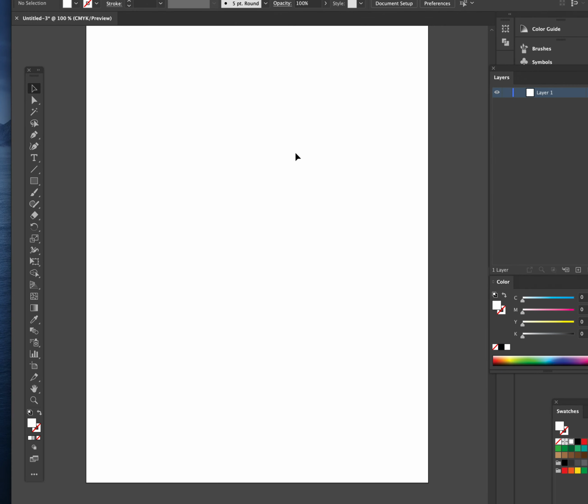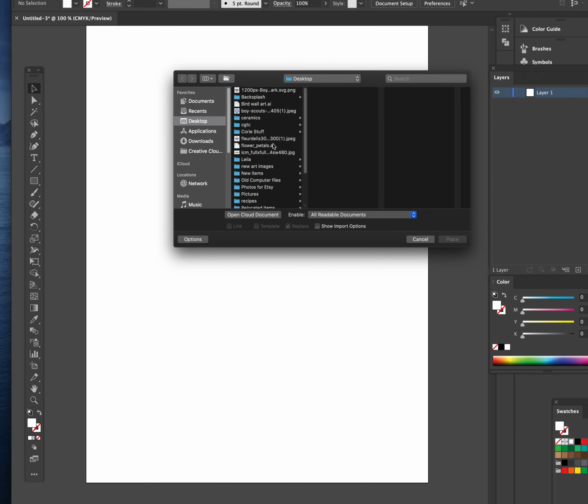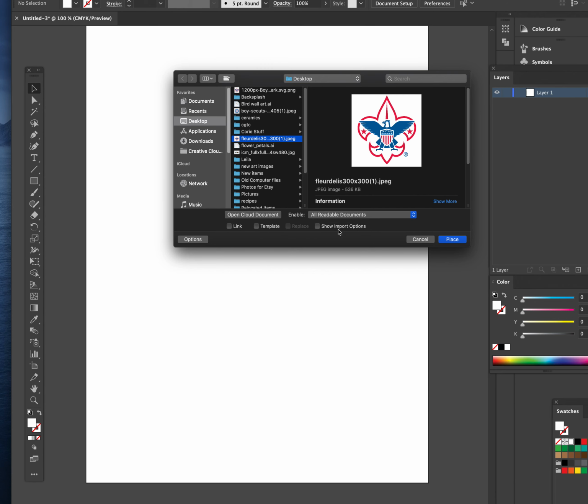I've got Illustrator open. I am going to be placing the graphic into Illustrator and giving you some do's and don'ts as you go through. All right, I'm going up to my file menu and I'm going down to place. I'm going to locate the graphic on my computer. If you are moving between different computers and you're concerned you're going to lose the graphic, then make sure link is unchecked. You can use the template option. I don't want to do that on mine either right now, so I'm not checking either of those,